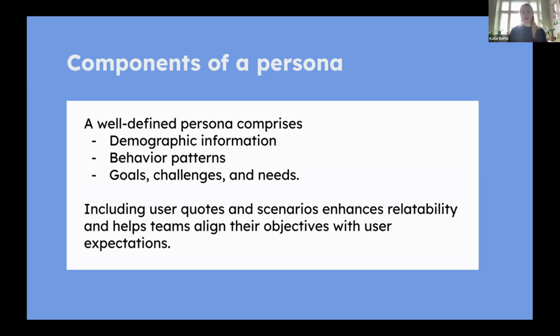So we would also maybe include some additional information that we might not think was necessary, like a bit about what the users do in their free time. How would that contribute to how they interact with systems at work? We'd include maybe user quotes from the data. Okay, this is a challenge that they face, or understanding scenarios that they go through in work, including these to enhance the relatability. Because we really want to get in touch and really care about this person that we're designing for. And so I have the template we'll use later.